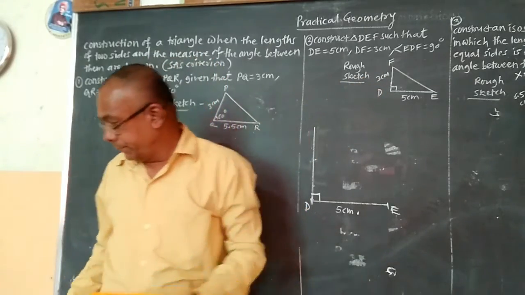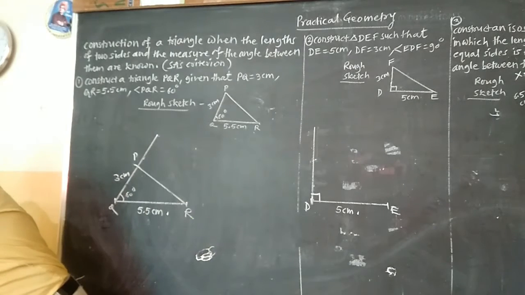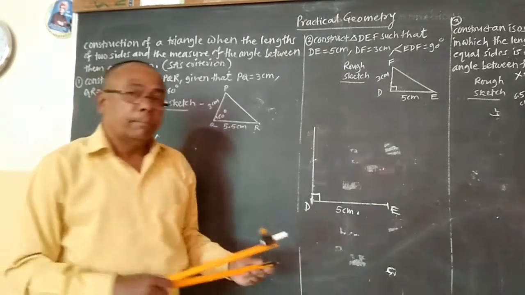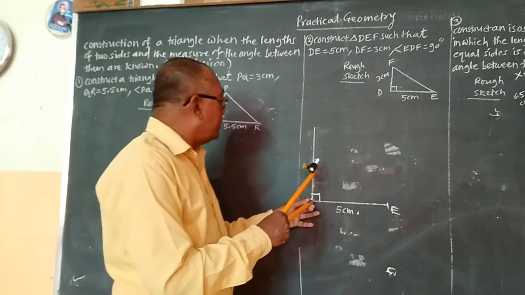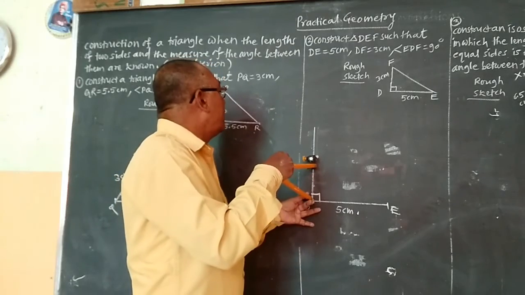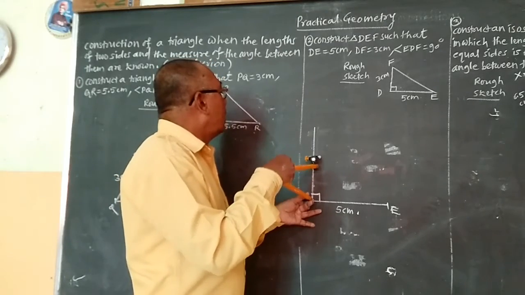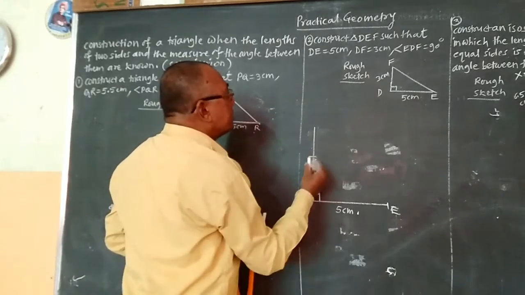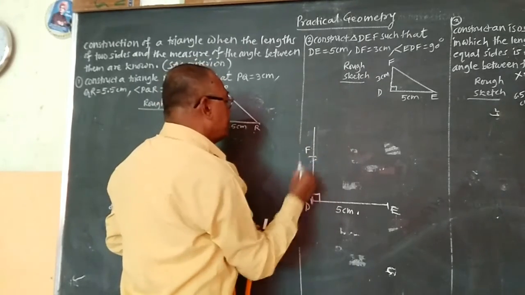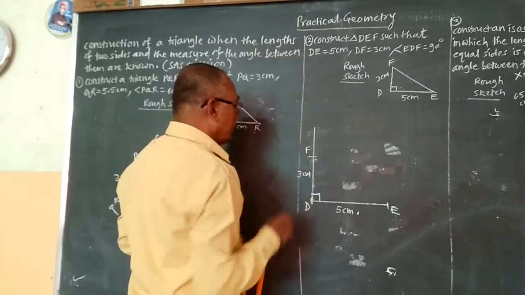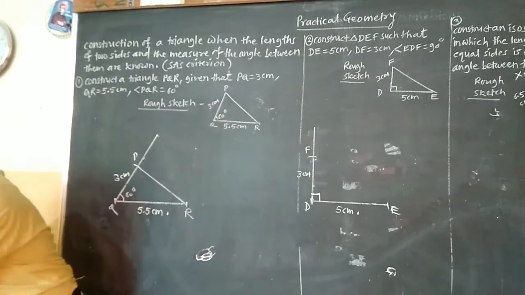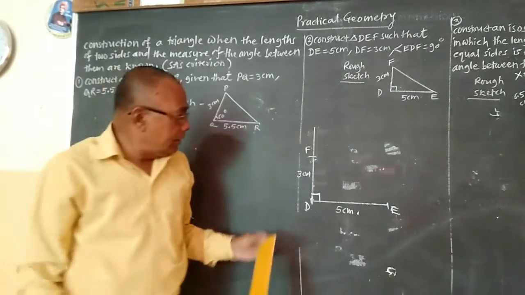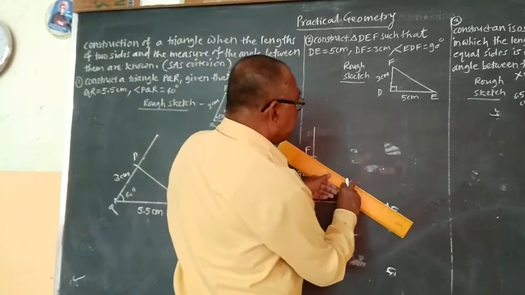So I will take 3 cm distance in a compass and put the metallic point on D and mark on the perpendicular and the point, that is F, which is 3 cm. And now by joining E and F,